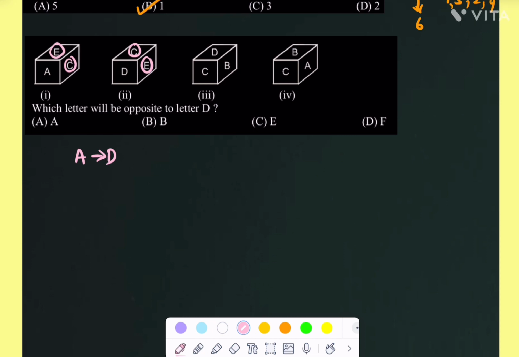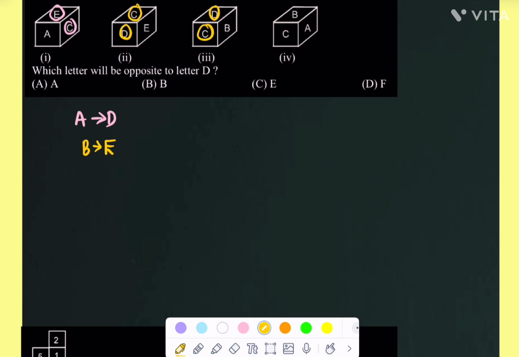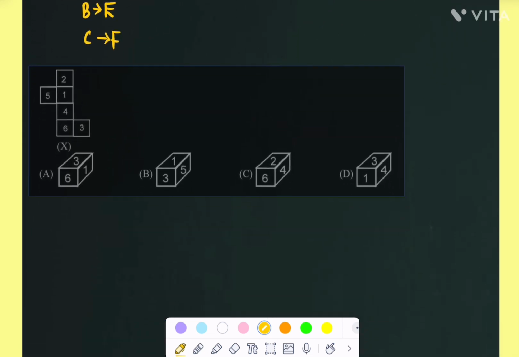And similarly I am taking the second die, second position, third position, we can compare it, right? And here D is common, C is common. Then automatically B and E are opposite, right? B and E are opposite, and what is left out here? C is left out, F is left out, right? C and F are also opposite to each other automatically. Now we'll see which letter will appear opposite to the D they are asking. A only, that is option A, right? So these are simple questions only, we can solve the questions very easily, right?